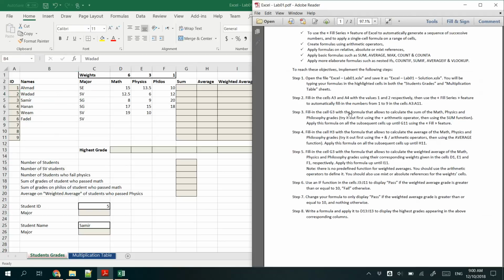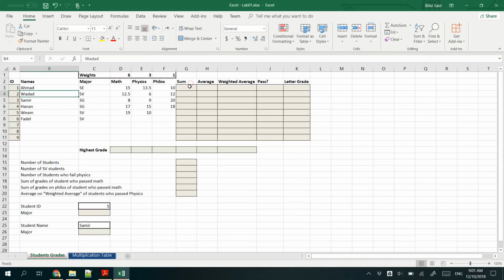Next step is to fill in the cells from G3 up to G11 with the formula that calculates the sum of the math, physics, and philosophy grades. They advise us to do this first using the plus sign arithmetic operator, and then using the predefined sum formula. So let's do it